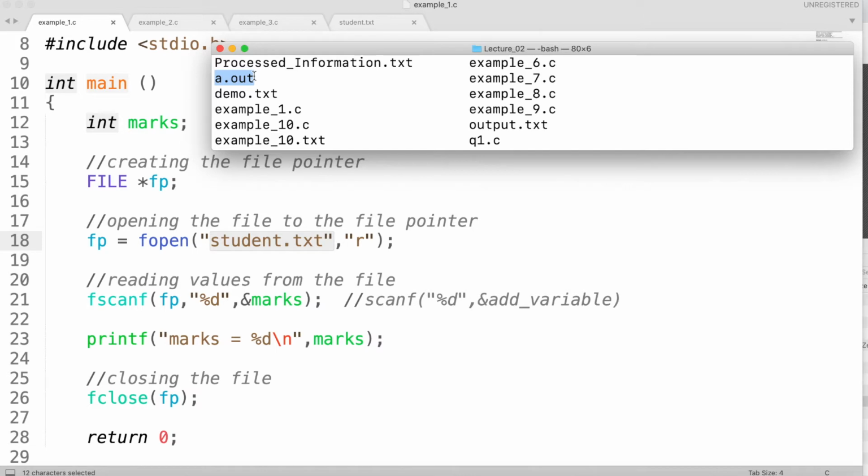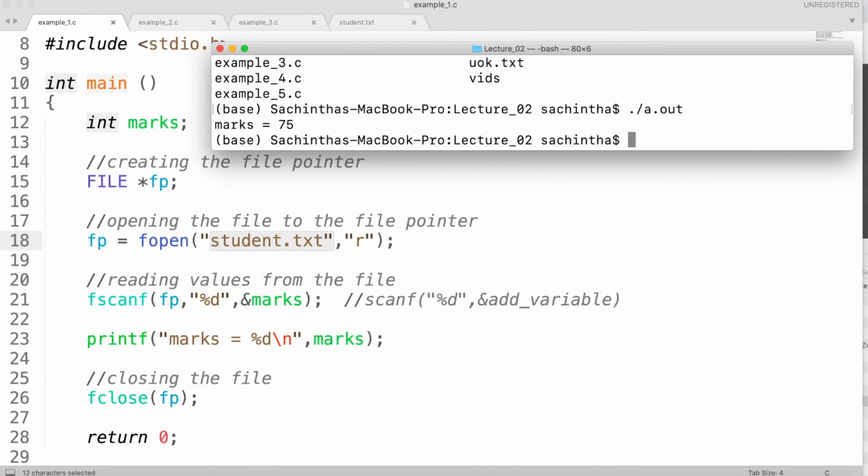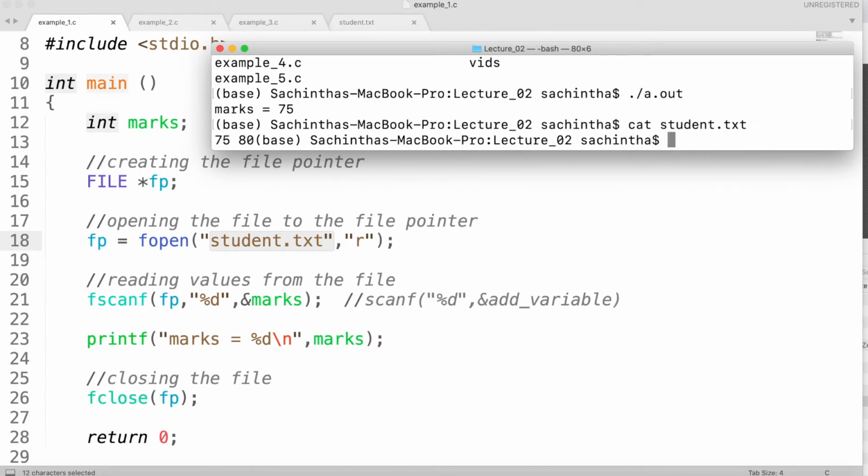That is why it has successfully read the information from my student.txt file and given me the answer as 75, right? If you look at the content of the student.txt file, it has two integers, that is 75 and 80. So it has read the first integer from my student.txt file.